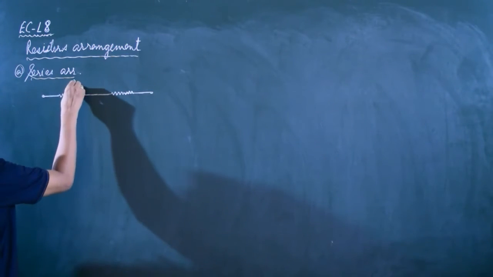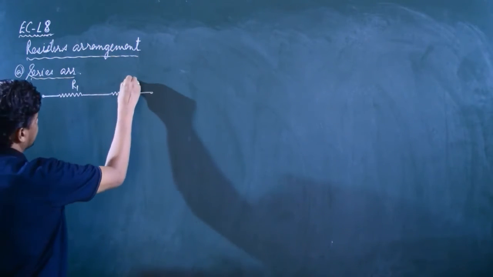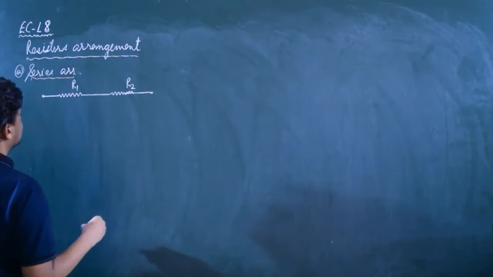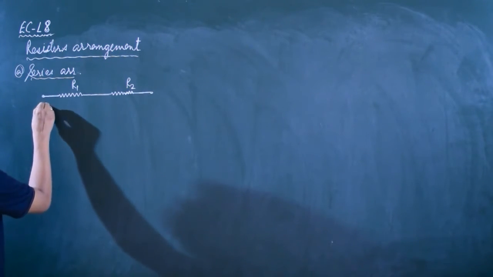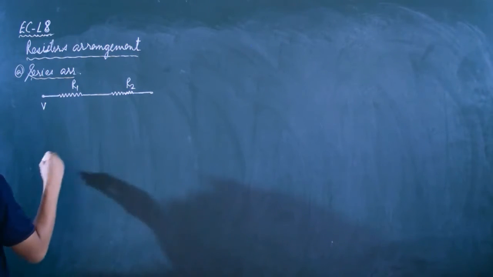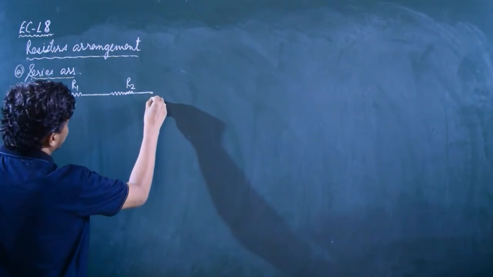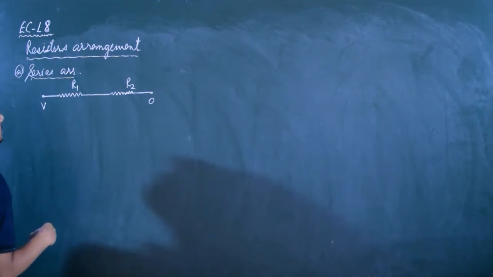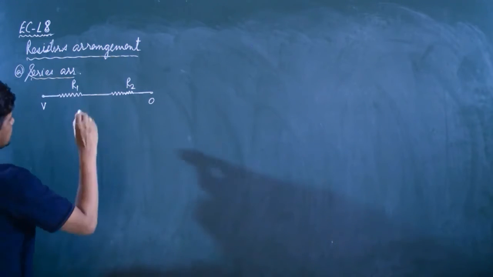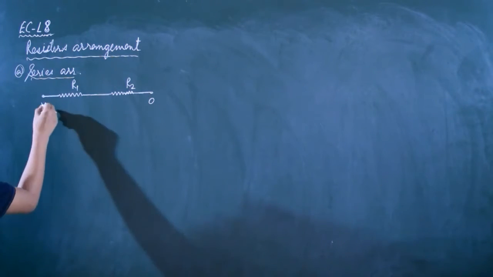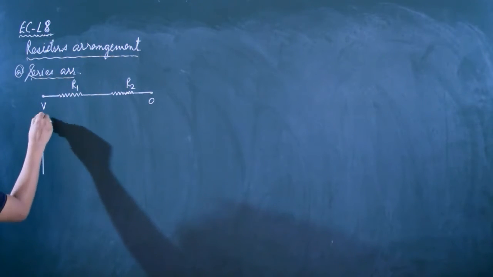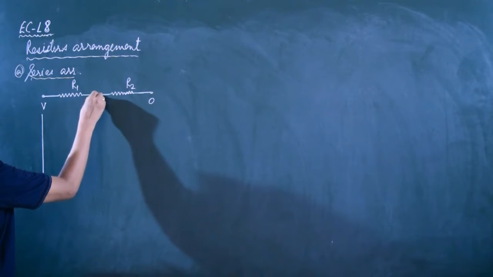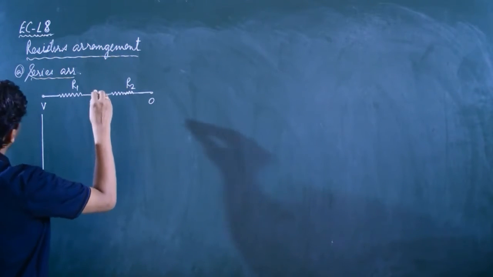So see, we have a number of resistors. Suppose we consider only 2 resistors here. One is R1 and the other one is R2. These are connected in series. Here supplied potential is V. There is a potential difference of V between the ends of the conductor. Now we have to draw a potential position graph for the circuit. Current flows from higher potential end to the lower potential end.